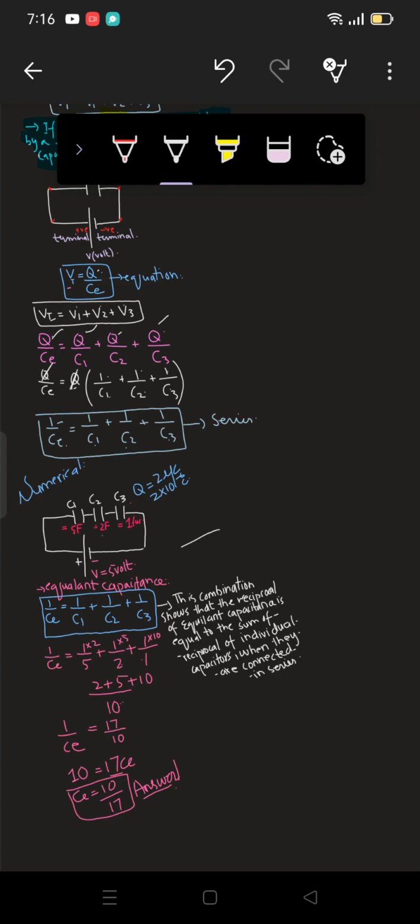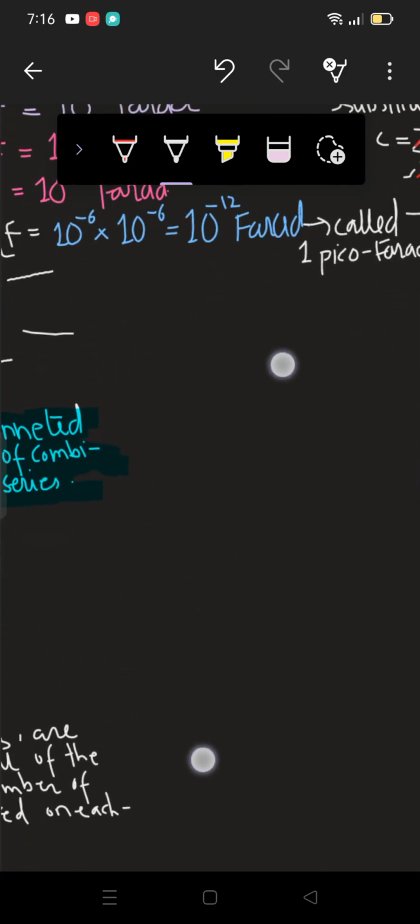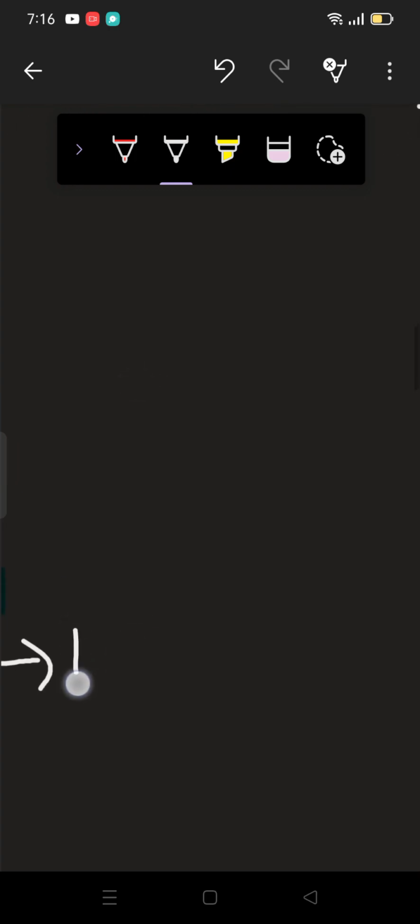Now today we are going to start our new topic, which is basically capacitors in parallel. We have completed our capacitors in series, or series combination, right? Today we are going to discuss the parallel combination, or capacitors in parallel. So let me write the heading here. What we are going to discuss today is parallel combination,